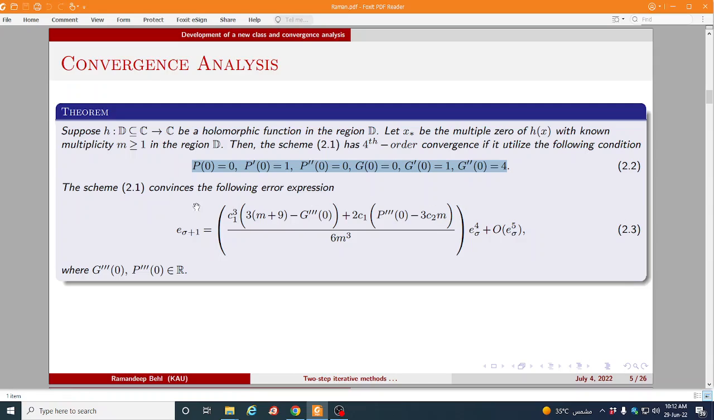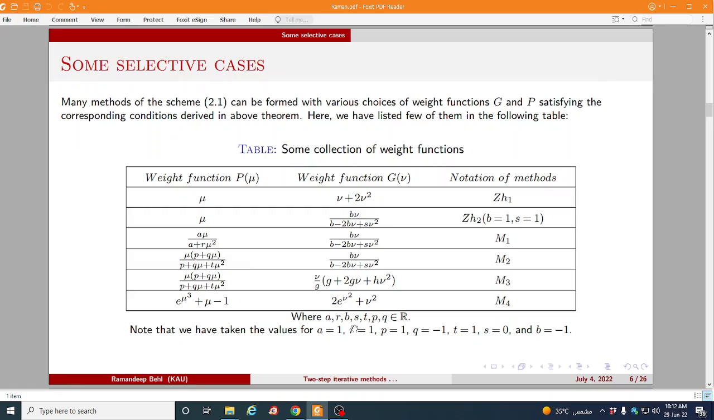You can choose any weight function provided it satisfies the condition of 2.2. So let's have a look at the next slides where we discuss some new cases as well as the old cases. If we choose P of mu as simply mu and the weight function G of mu as this one,